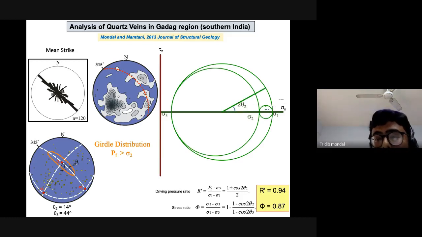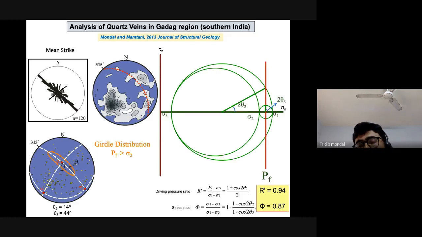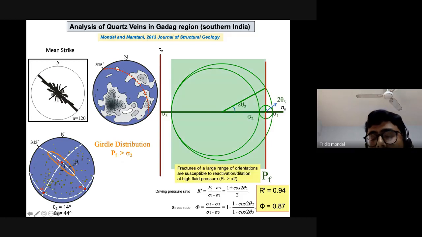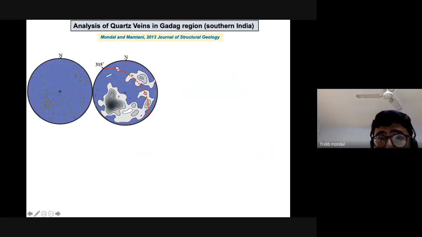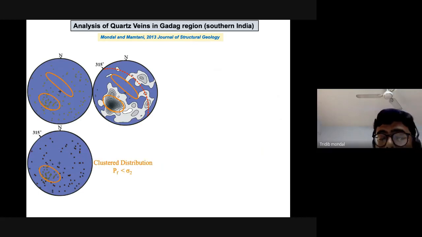And if we plot the range of orientation of fractures, here we can define the fluid pressure line by joining this 2 theta 2 and 2 theta 3 point, which is actually intersecting on the periphery. And these are the orientations of the fractures that are susceptible for reactivation. So if we assume this is not a girdle distribution, but a cluster distribution,